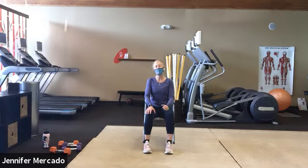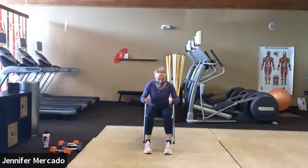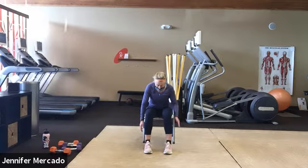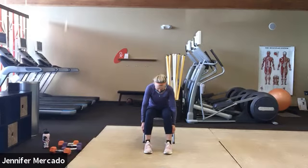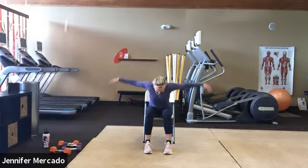So we have airplane arms, then we're gonna go into some pike push-ups. Okay, ready? All right, so I'm on my chair, on my sit bones, I'm hinging forward at the hips. Knees stay stable, don't let them kiss together. Drop your arms, take a neutral neck so you're gazing forward. All right, we got 10, soft through the chest, exhale, 1. And focus on the back, 2,